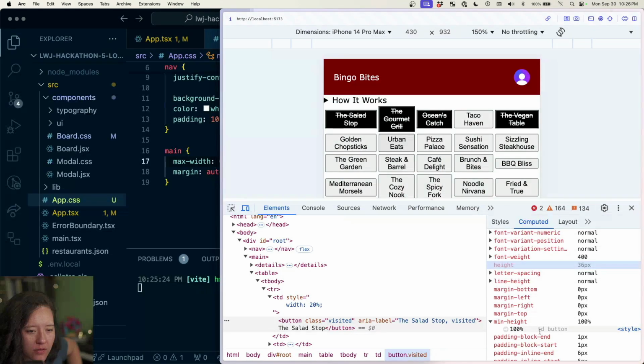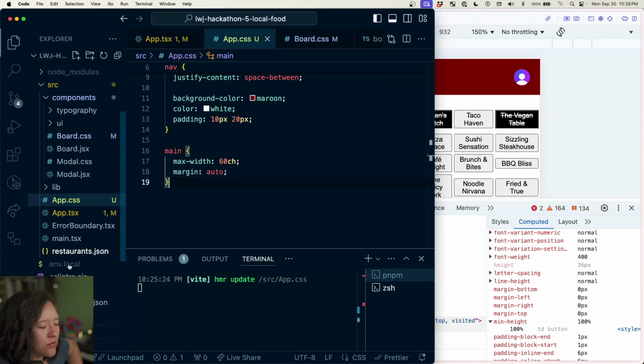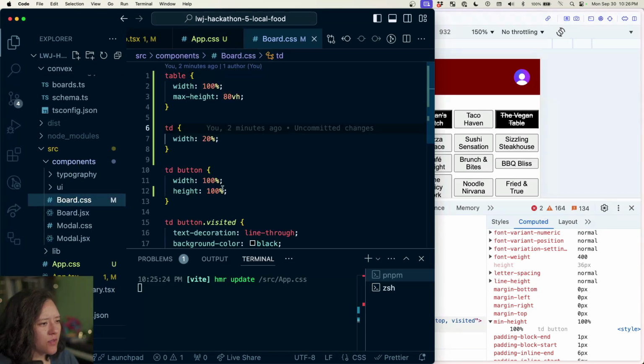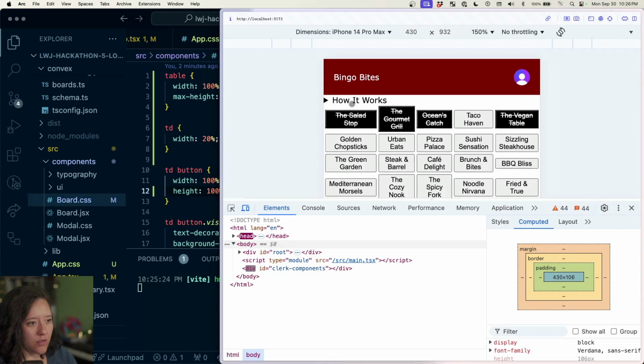Min height. Let's see. I don't understand why this height is not respecting the one that I set in here. Because if I want this height to be 100%, then you should be bigger. Oop. Now it's all frozen. Okay. I guess maybe is it because now my